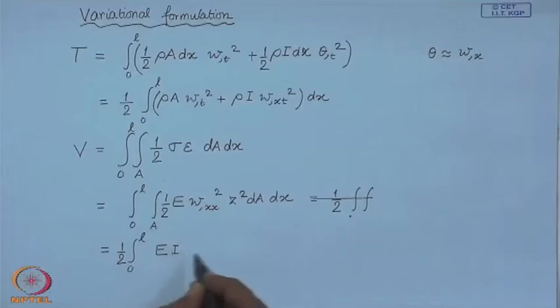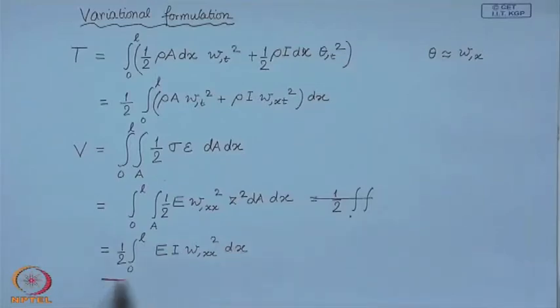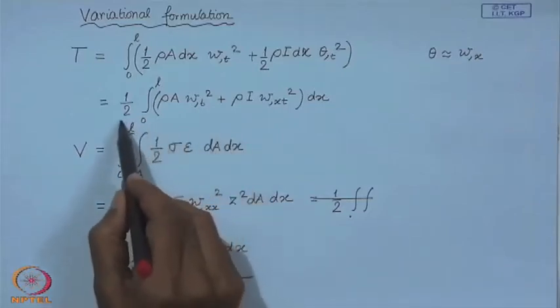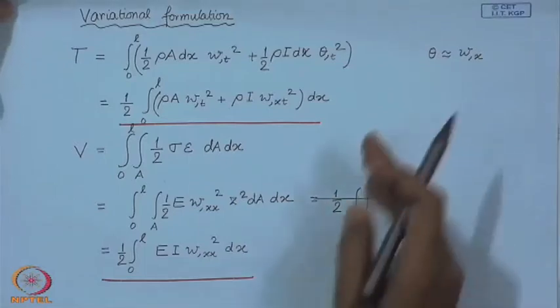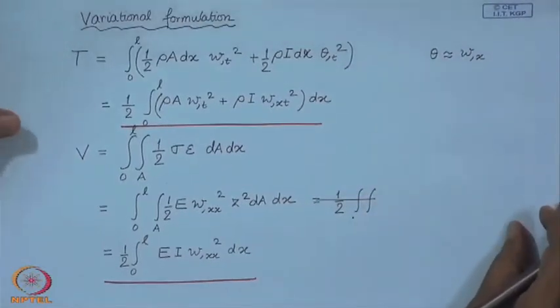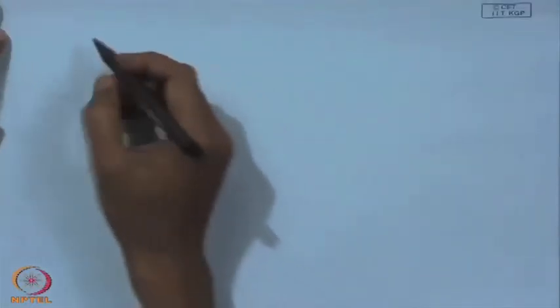This is the second moment of the area about the neutral axis of the beam. So, these are the expressions of the kinetic and potential energies. Now, when we derive the equation of motion using Hamilton's principle,